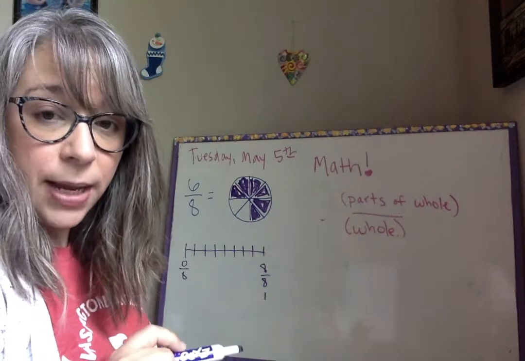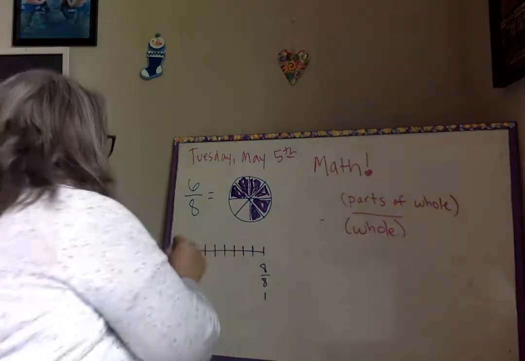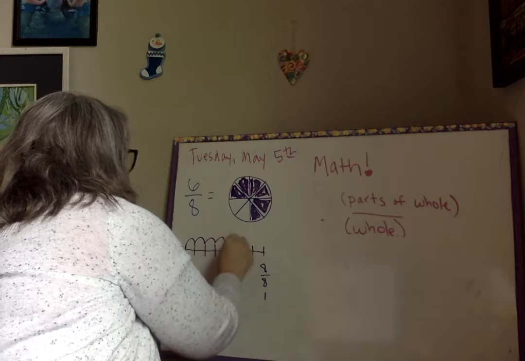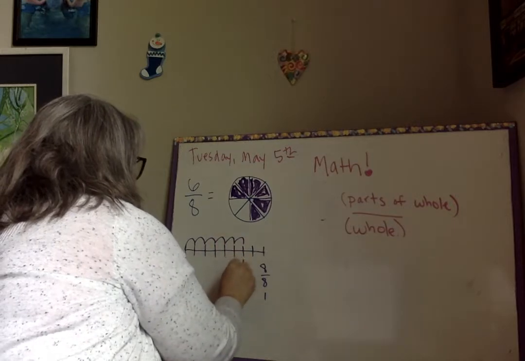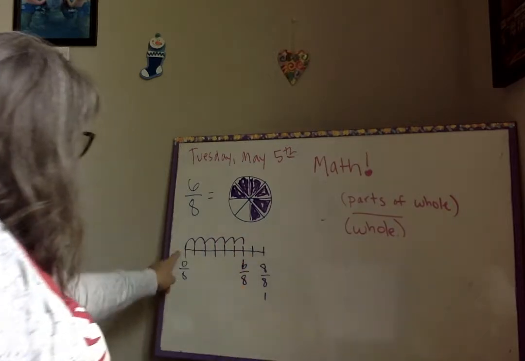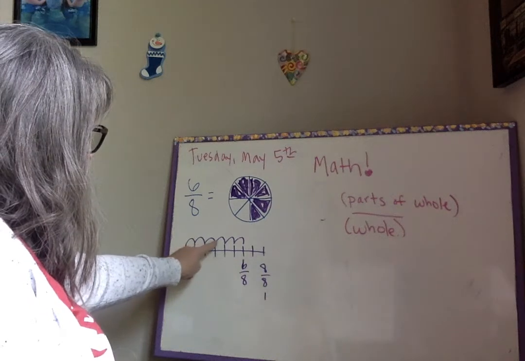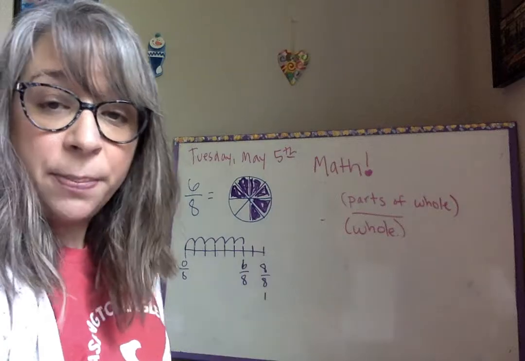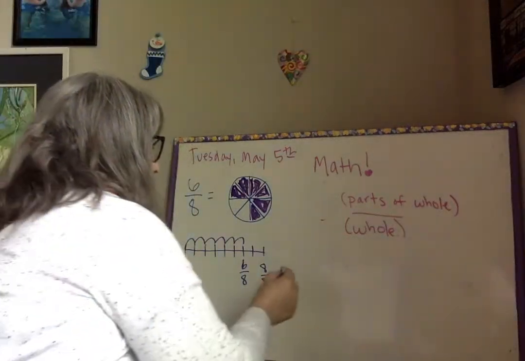How many hops are we going to make? 6. You're correct. We're going to make 6 hops. 1, 2, 3, 4, 5, 6. 6 eighths. How many hops? 1, 2, 3, 4, 5, 6. How many parts do we have? 8. If we are going to decompose this, we can say,